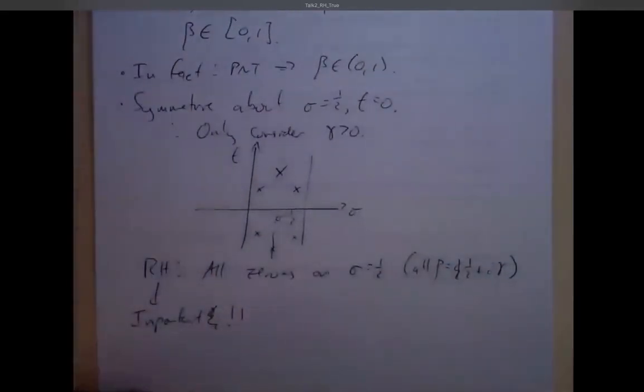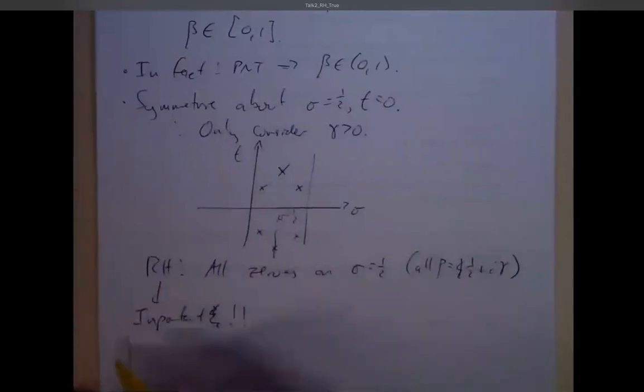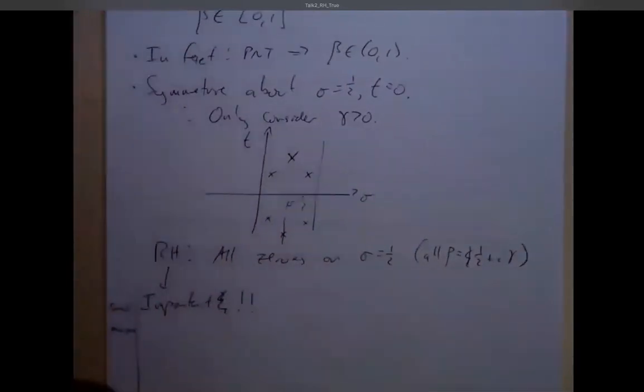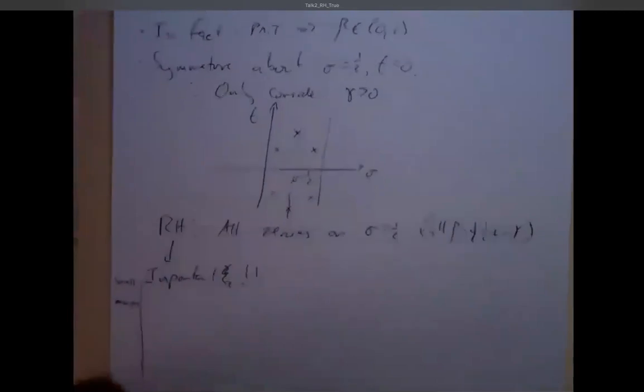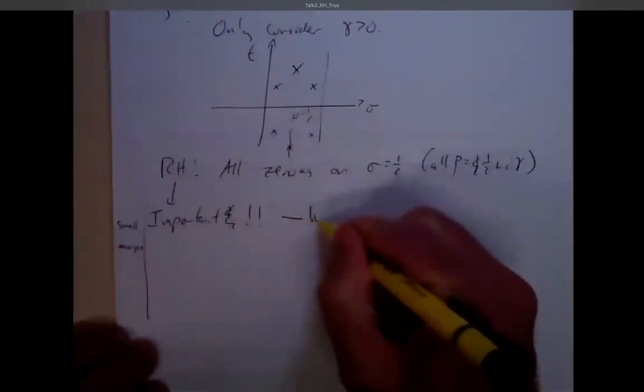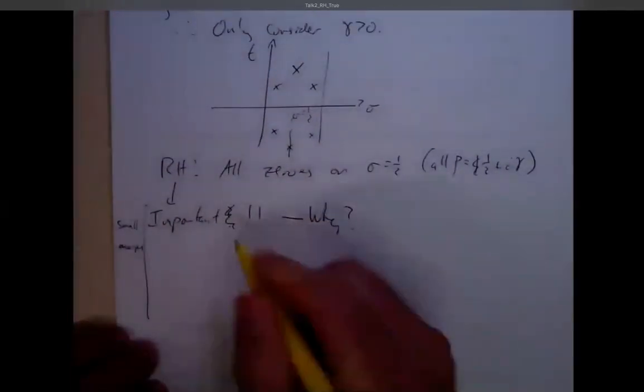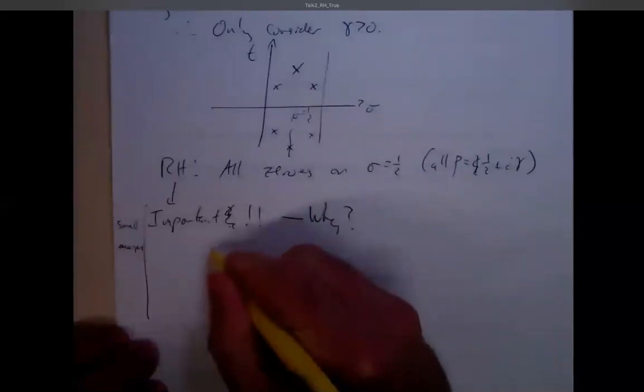So I claim here that the Riemann hypothesis is important. Not only do I do that, but I put 2 exclamation marks after it, so you know it must be true. And I think I might be trying to make a joke by writing that's a small margin on the side of the page, possibly too small for me to prove, I don't know, Fermat's last theorem or even the Riemann hypothesis in this talk.